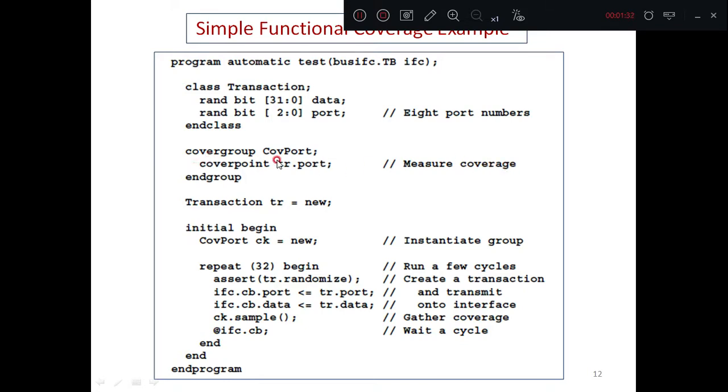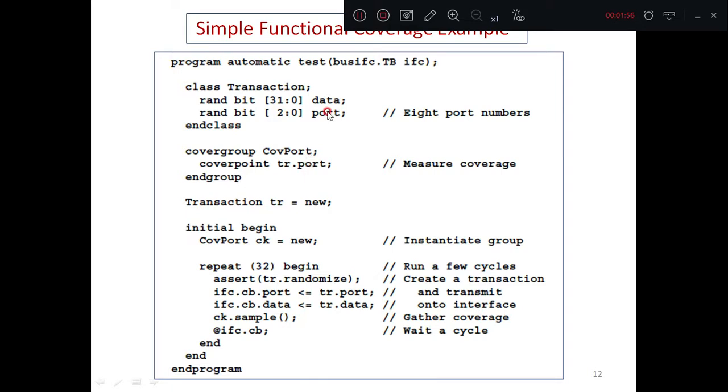So this cover point has to be declared into the cover group. This is the cover group and this is the name of the cover group. Covergroup is a keyword and cov_port is the name of the cover group. And we have to define our cover point into the cover group. Again, this is the keyword, and we are sampling the data of the port.